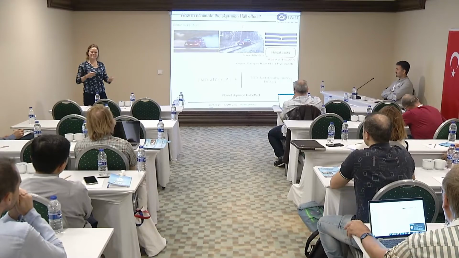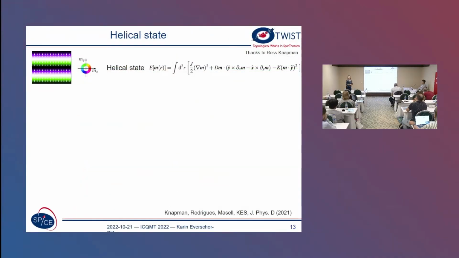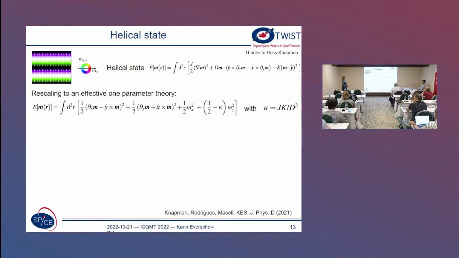So we have these helical tracks, and that's what I would like to explain. So let's start by looking at the helical state. What are the ingredients for the helical state? We take exchange interaction, we take Dzyaloshinskii-Moriya, and we take a uniaxial anisotropy along the y direction, and then we get these helical stripes. And the nice thing about theory is you can do whatever you want to do, so